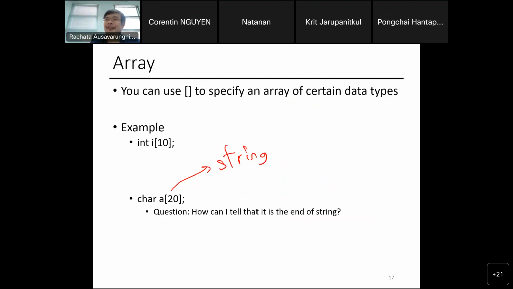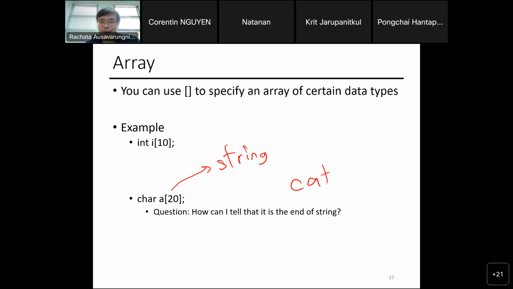Let me ask you this. If I say char A[20], and I want to represent the word cat, because I love cat, how many letters are in my word cat? 3, right? C-A-T. So for my array, how big do I have to make it?